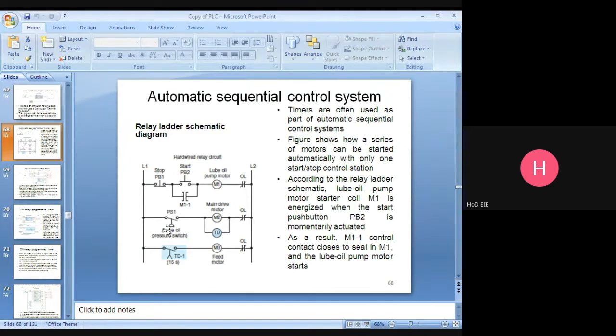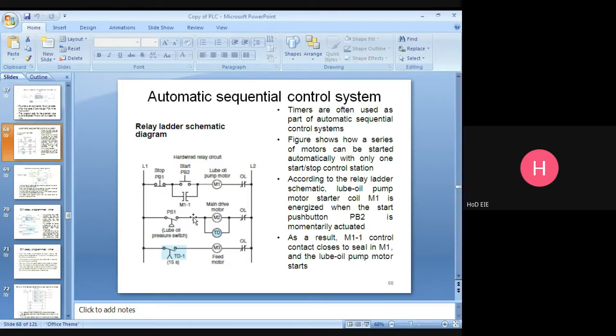Once that pressure reaches that particular value, at that time this pressure switch senses that value. Once it reaches that specific value, this pressure switch will be closed. Now run continuity is there.